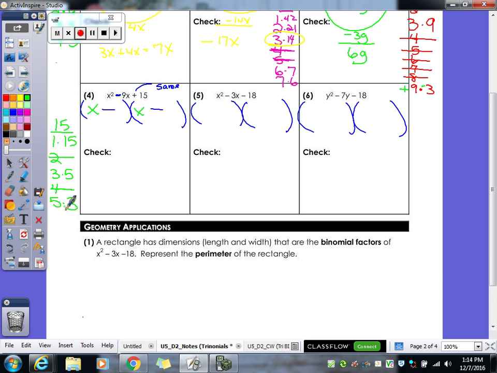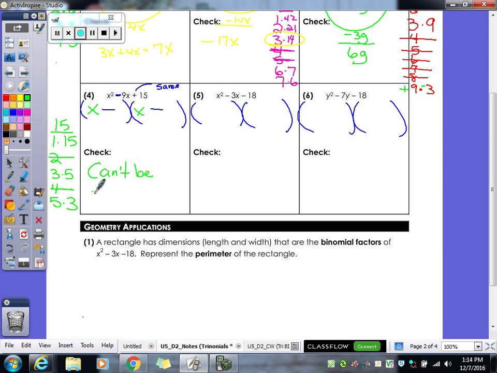All right, so I want to know what gives me a 9 in the middle. If I add or subtract 1 and 15, is that going to give me a 9? Is 3 and 5 going to give me a 9? So did we do something wrong? That's all the choices. We didn't do anything wrong. This one can't